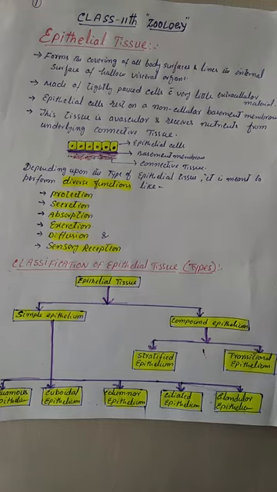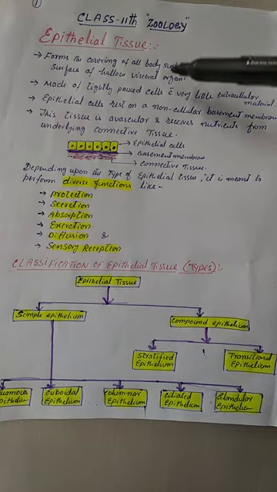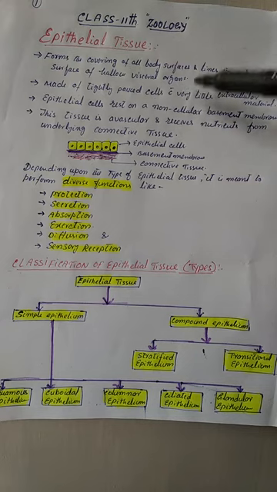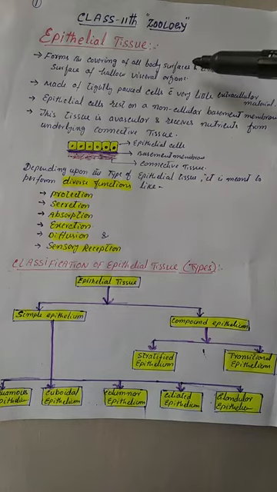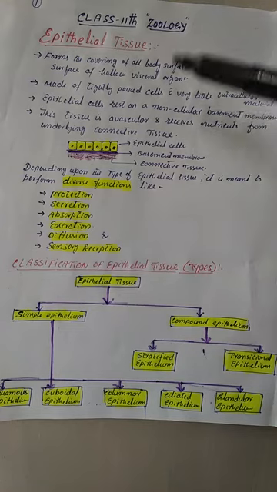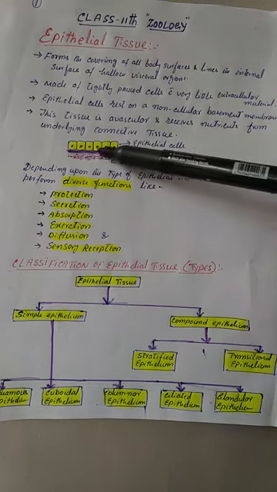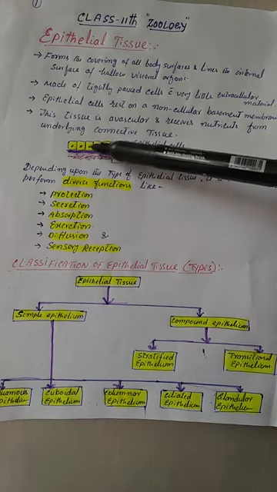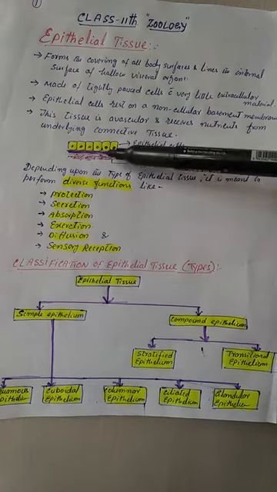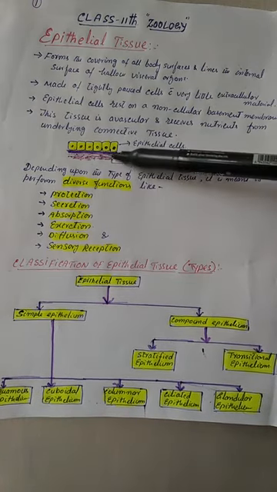Now first of all, we will understand about this epithelial tissue. The epithelial tissue forms the covering of all body surfaces and lines the internal surface of hollow visceral organs like the heart, lungs, abdominal cavity, etc. This epithelial tissue is made of tightly packed cells, as you can see in this sketch, with very little intercellular material. These epithelial cells rest on a non-cellular basement membrane,